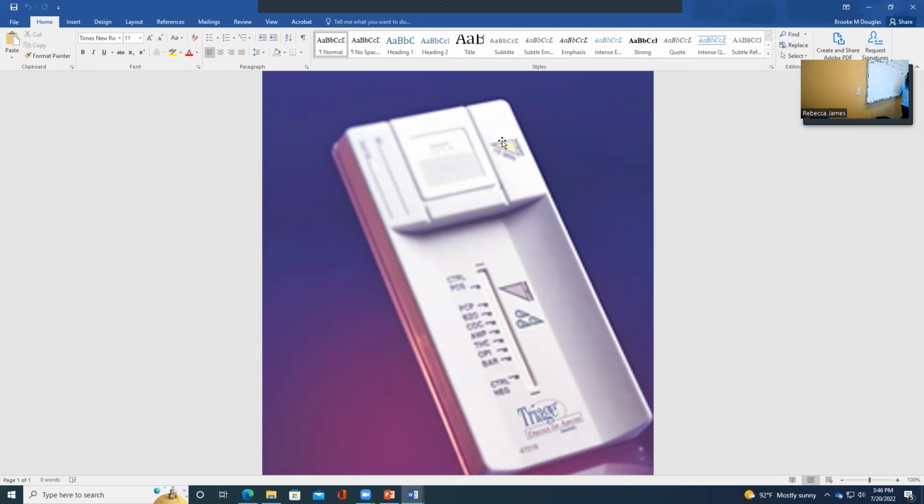Usually is like a 7 drug panel. And you're gonna have to list these on your test. So it's actually the triage drug panel. And it's for drugs of abuse.